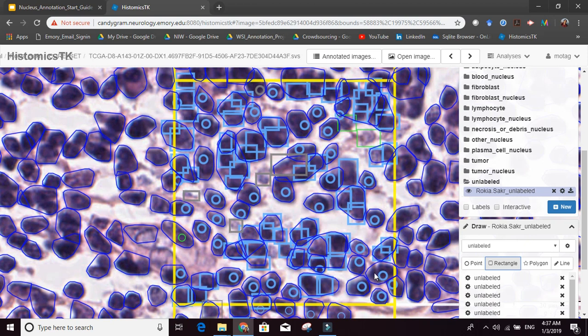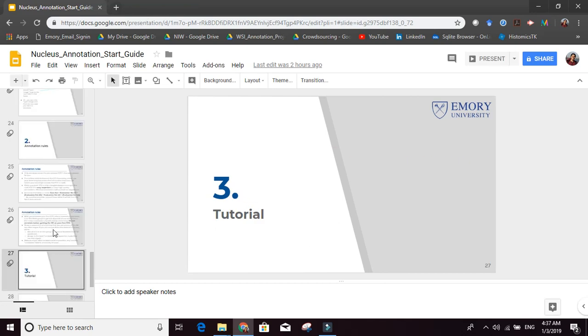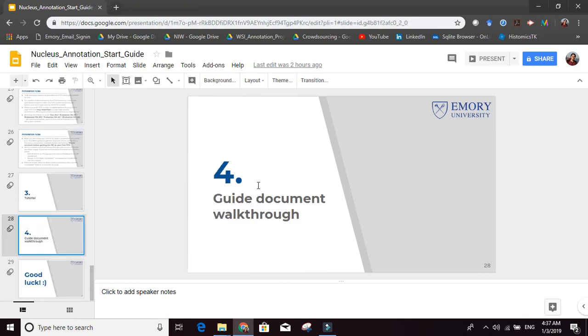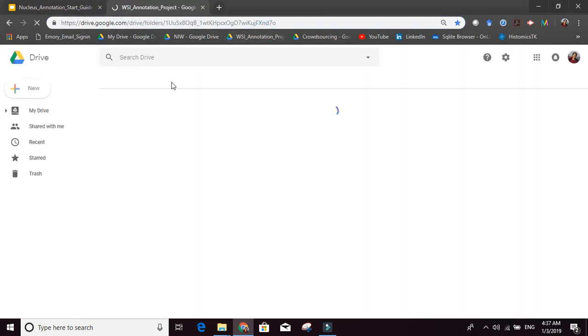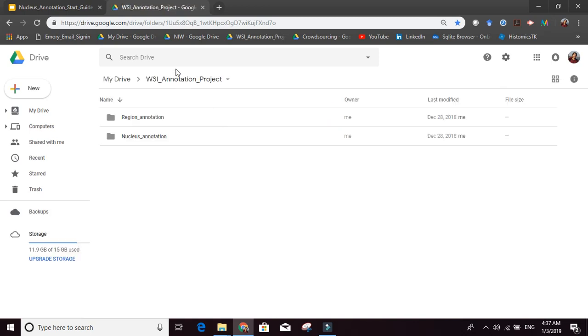So that's basically the premise of some of these experimental conditions. Okay. So that's the take-home point of why we're doing this. Now that we did this, let me close Histomics and quickly walk you through the guide document. You've already seen almost everything in that guide document, but let me just walk you through some special situations, and once we're done with that, that will be the end of it.